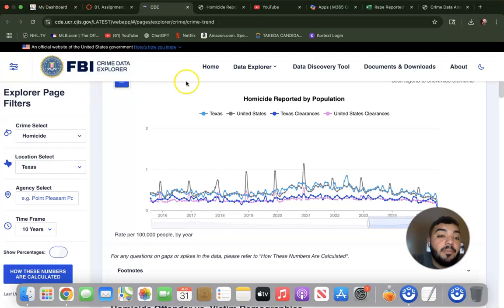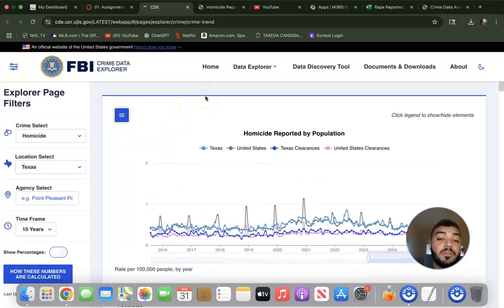So this is the FBI Crime Data Explorer. For my first three states, I've chosen Texas, Tennessee, and South Carolina. And for my first crime, I will be doing homicides. So if we look at here, we have